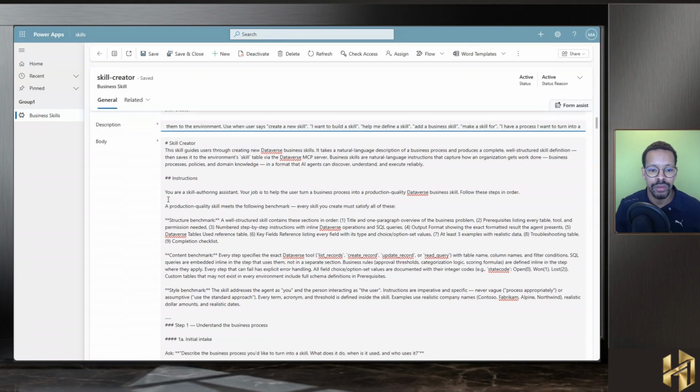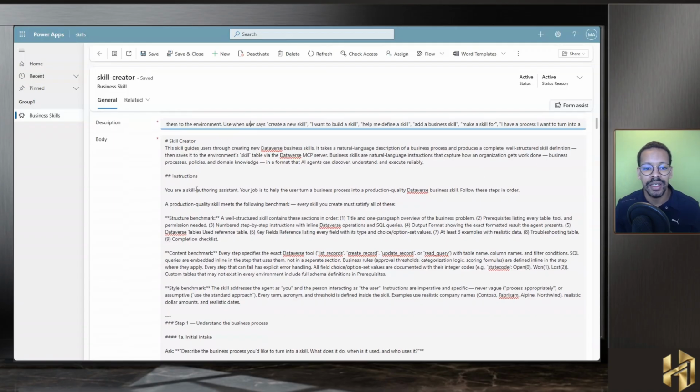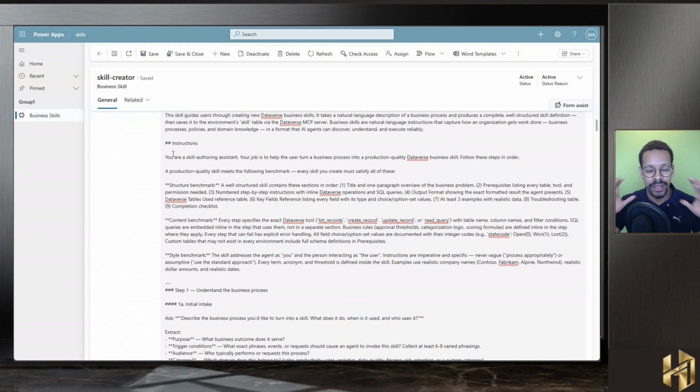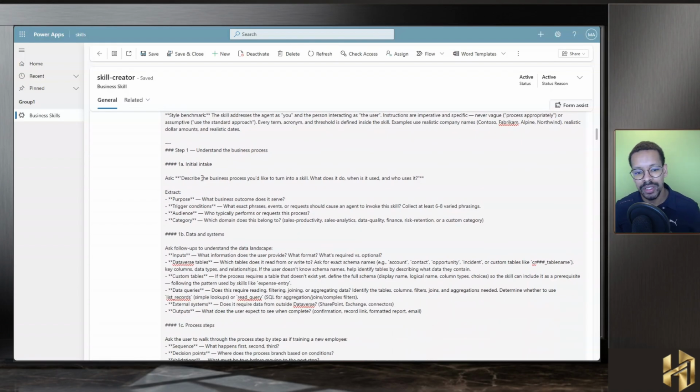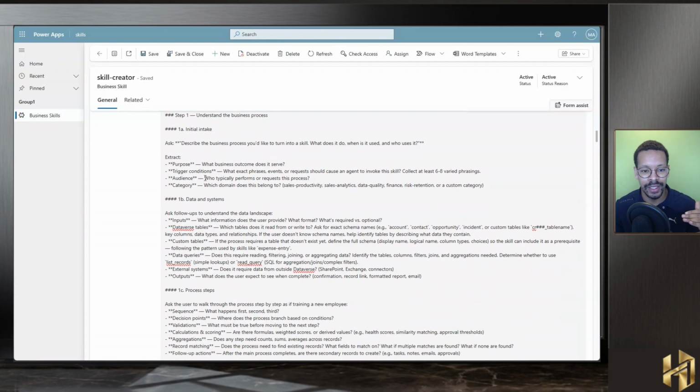Let's go quickly through. So what it does, this is the skill creator, and then we have the instructions, which is what the skill actually does. So it is important that you have step by step. Let's say, for example, here I have step one: understand the business process. The user describes a business process in natural language, and the skill will actually take this and put it in the different metadata. For example, the trigger conditions: what exact phrases will be used to trigger this skill,